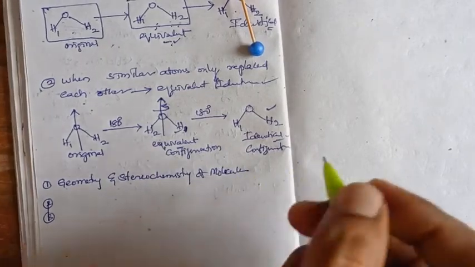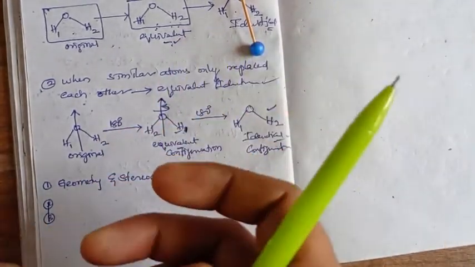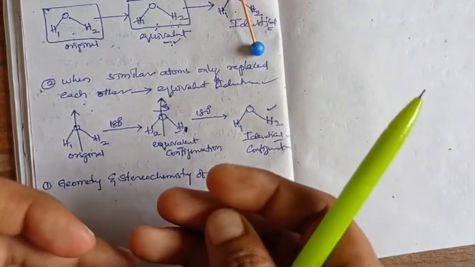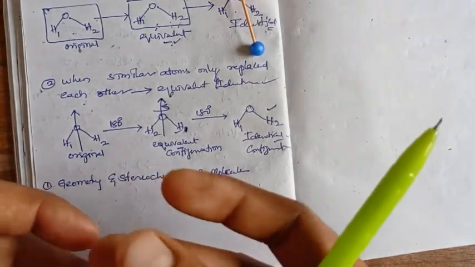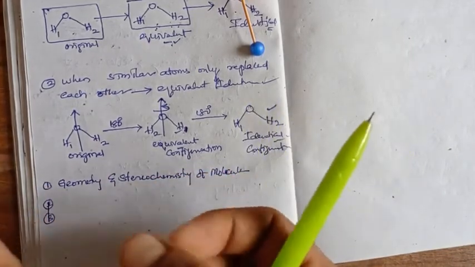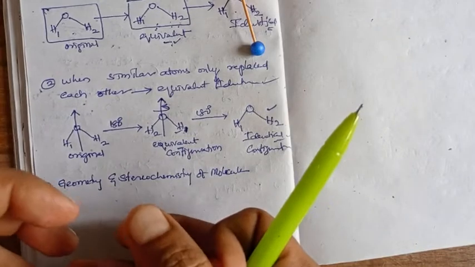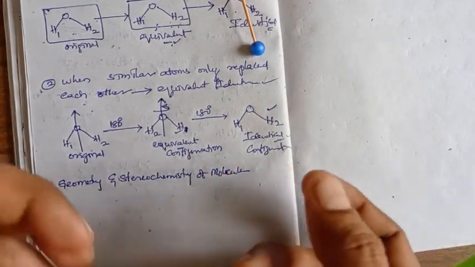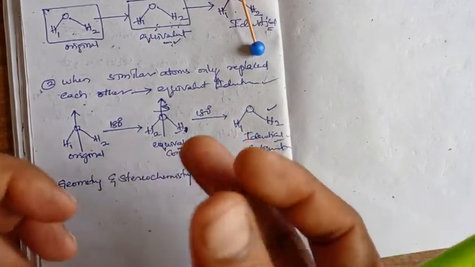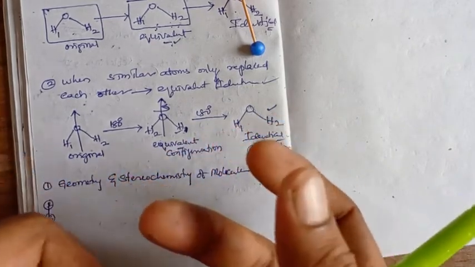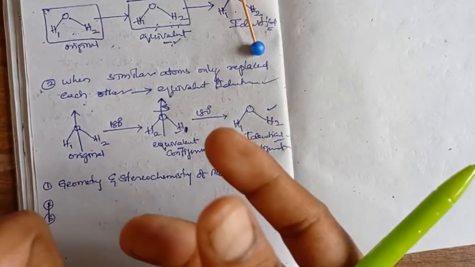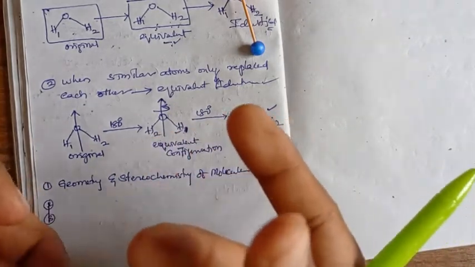Molecule should be known to you. Without a proper knowledge of the geometry and stereochemistry of the molecule, nothing but the three-dimensional atom arrangement in the particular molecular structure, it should be exactly known to you. Otherwise, while we do the symmetry operation, the generated configuration cannot be exactly distinguished, or you cannot figure out the generated configuration.